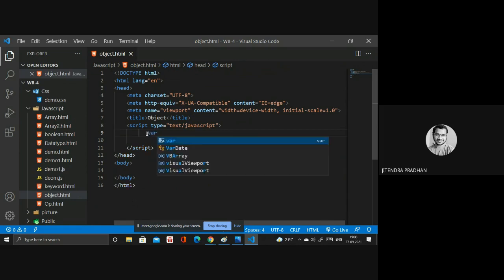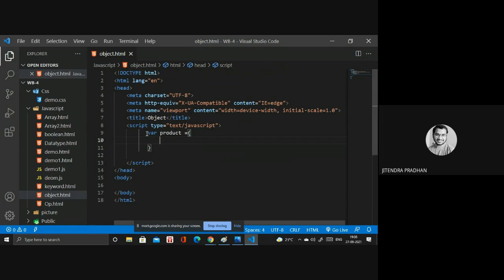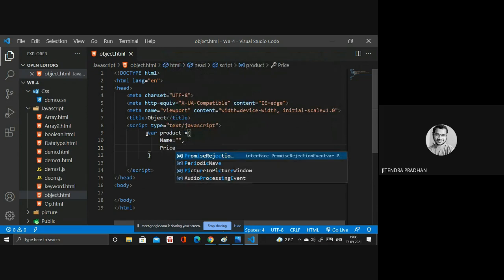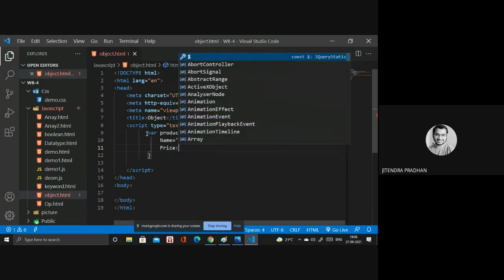Using the variable product, inside we have a name, and I will add a method as well inside. Price, I already designed that one, but I think it's deleted. I will show you that.